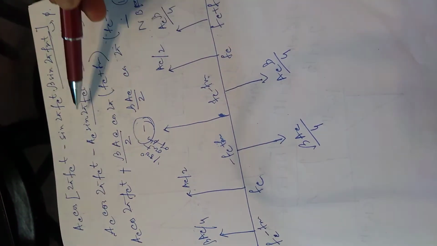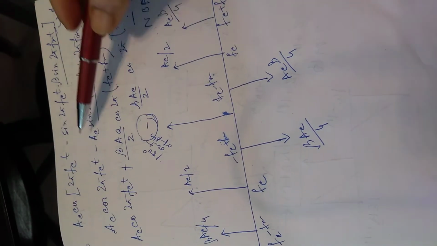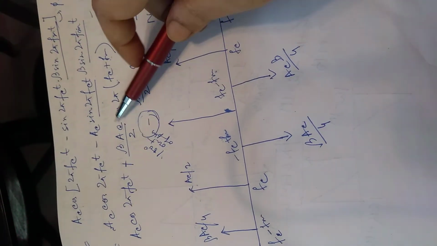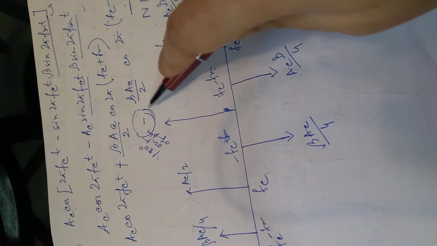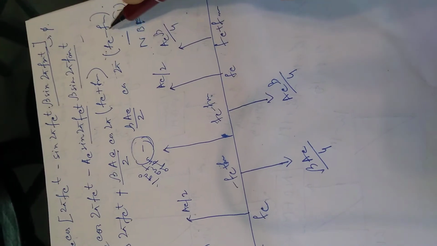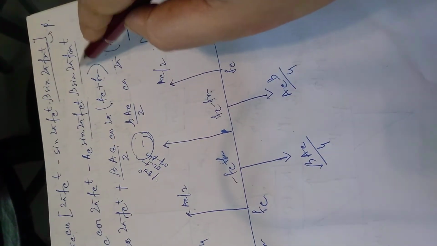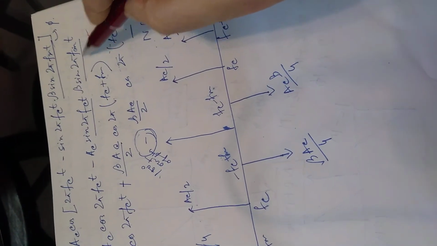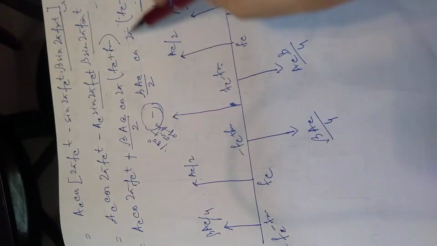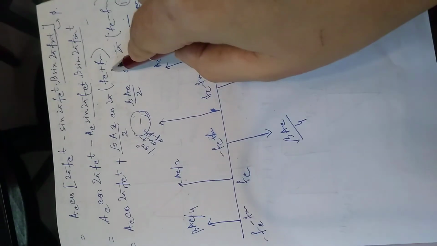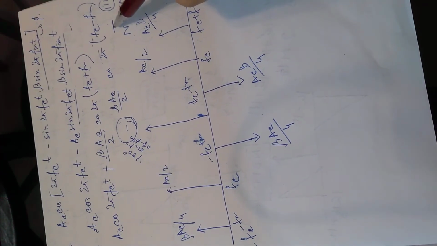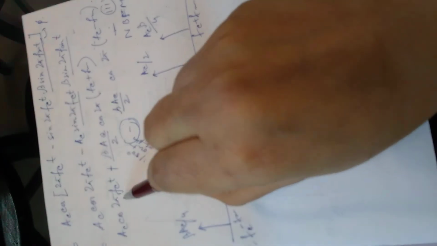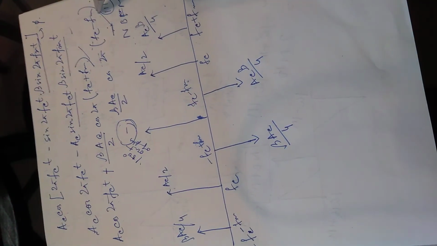I have just opened the bracket and multiplied the entire part, and this will give me beta Ac by 2 cos 2 pi (fc plus fm) t minus beta Ac by 2 cos 2 pi (fc minus fm) t. This part I got from the formula for sin A sin B, which gives this way of representation. This is the expression of my NBFM waveform, which is similar to my double sideband full carrier, where you can see the carrier frequency, the upper sideband and the lower sideband.